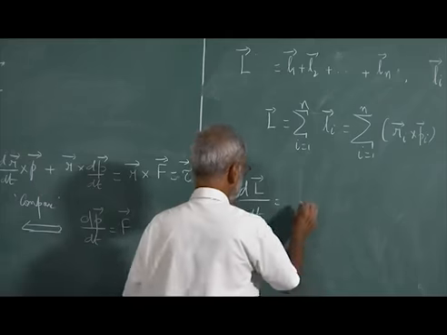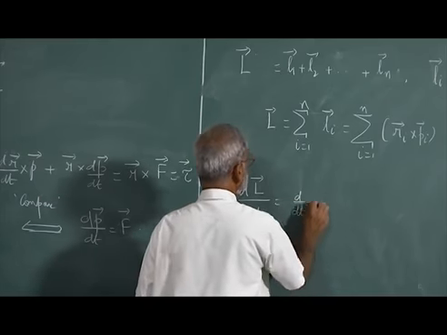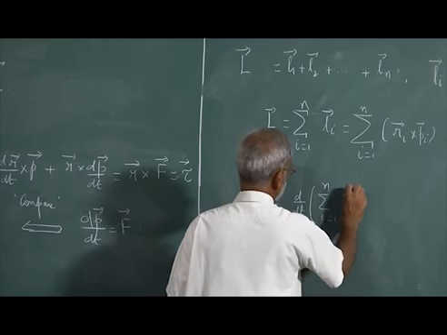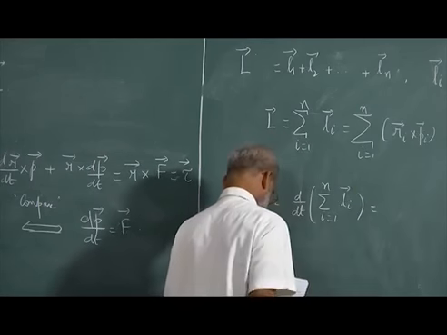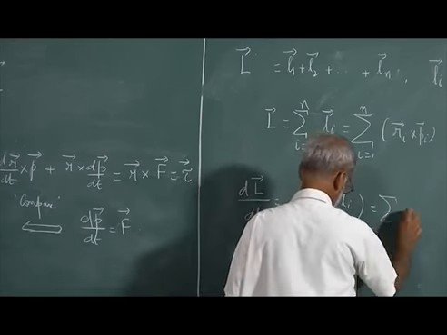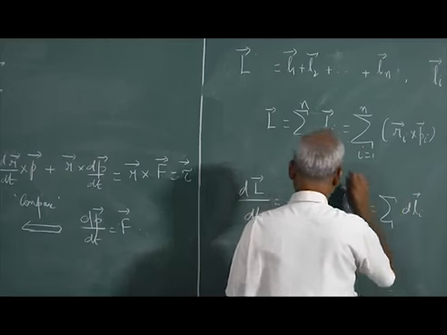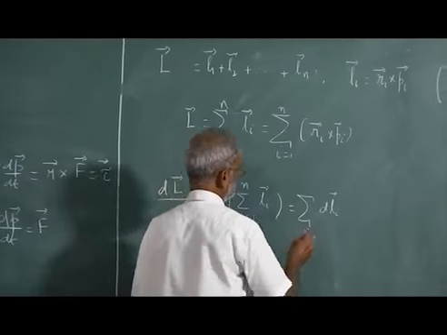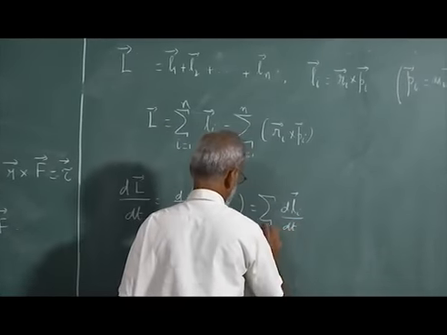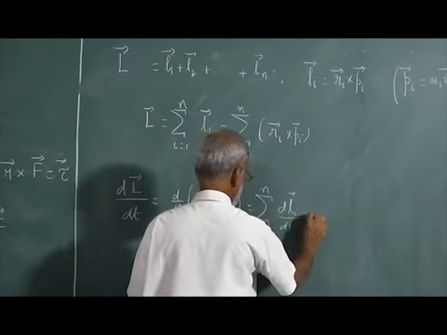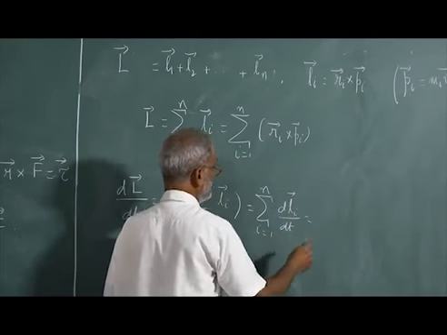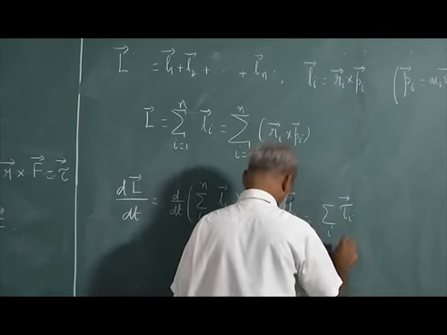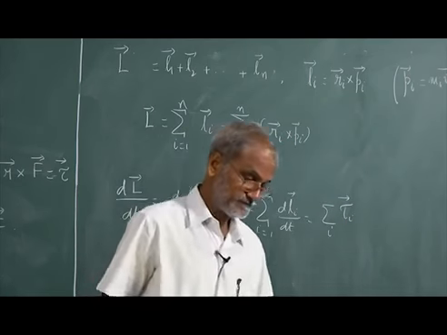dL by dt is d by dt of the summation over i from 1 to n of L_i, which is equal to... I can differentiate each of the terms and then add. What is dL_i by dt? Tau_i, it is a vector, sum over all vectors. Therefore